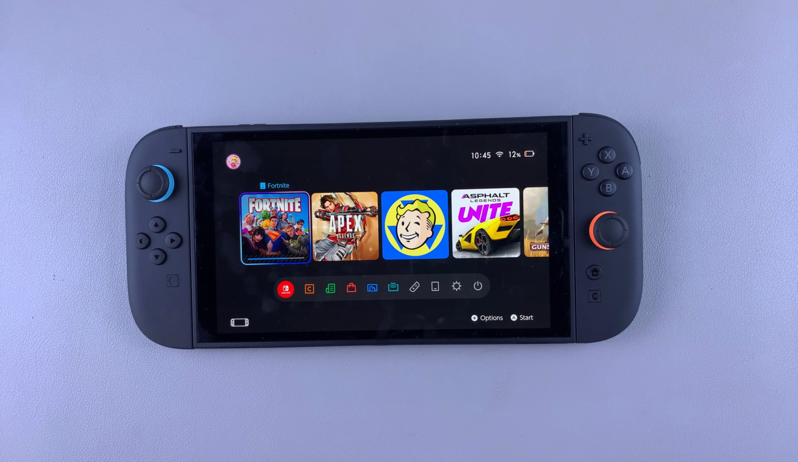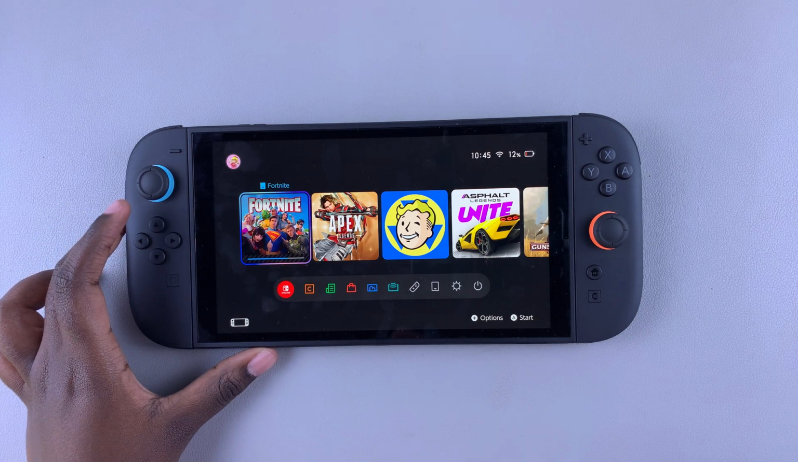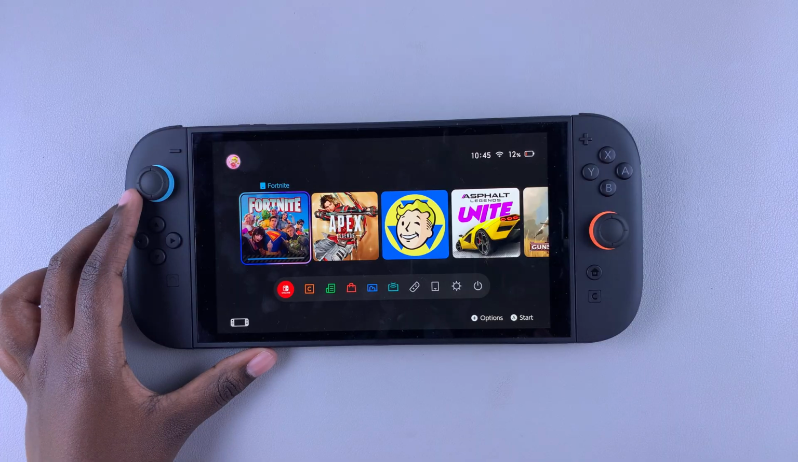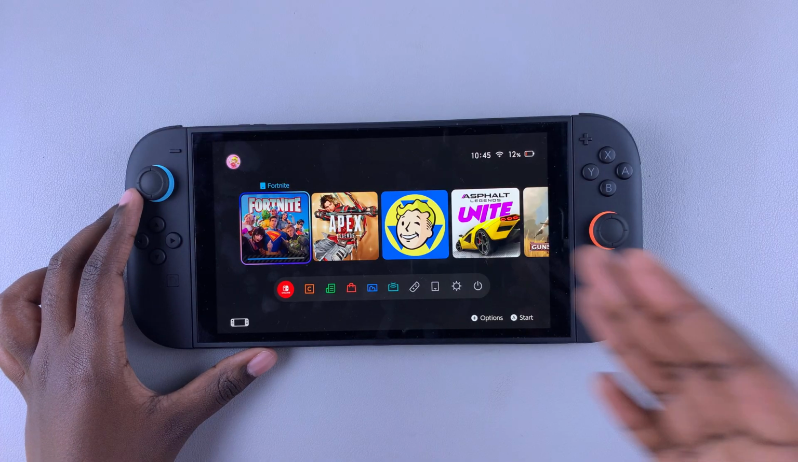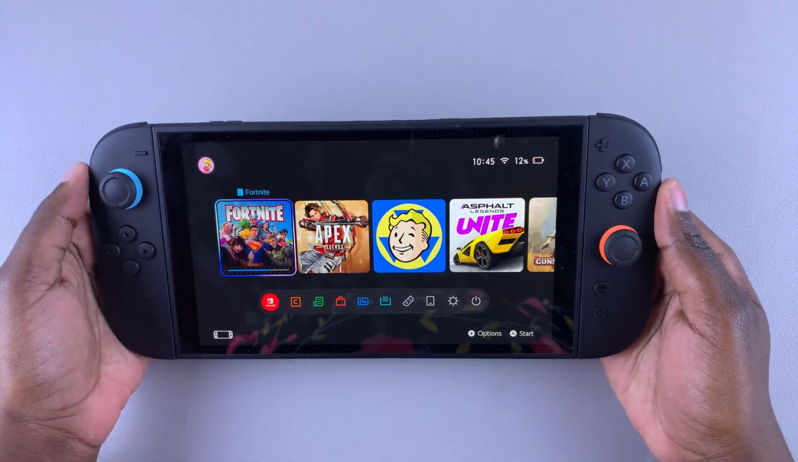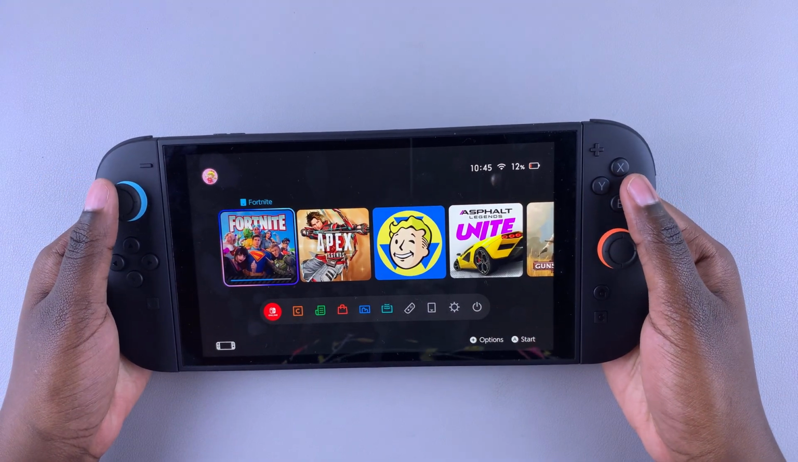So in this video, you'll learn how to stop or cancel a game installation on your Nintendo Switch 2. If you have a game like me, who is currently installing Fortnite, and you want to cancel the installation, whether you want to pause it or just stop it so that you can delete the game from your Switch, then all you need to do is start by highlighting on it,